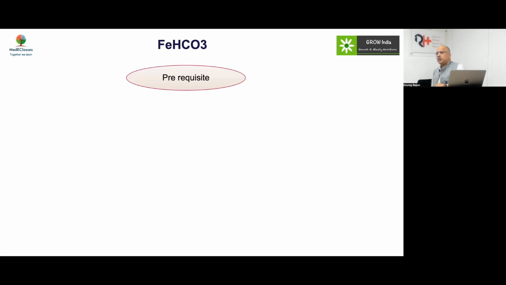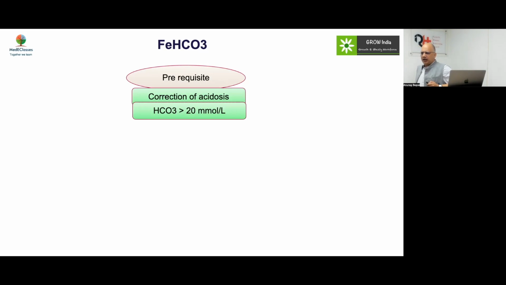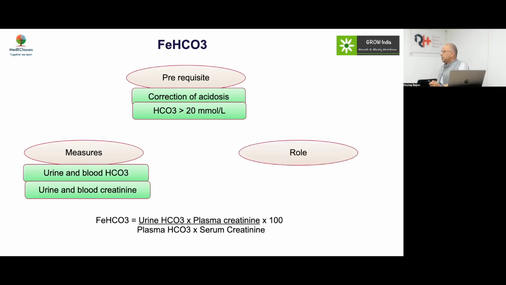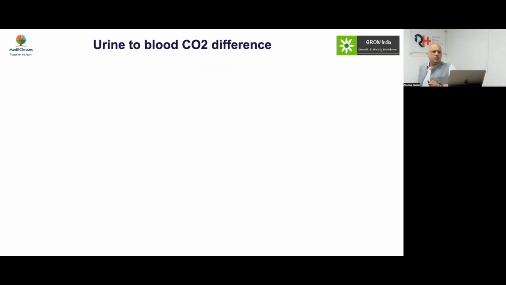Fractionation of bicarbonate should be measured only when you have a reasonable amount of bicarb. If your bicarb is 13 or 14, your FE bicarb will be low and you will say this doesn't fit like proximal, this looks like a distal RTA. But you should ideally do it once your bicarb is around 20 or above. And then of course you use the fractional excretion of bicarbonate, which is basically urinary bicarb upon serum bicarbonate into plasma creatinine upon urinary creatinine into 100. So this is how you will measure in that regard to distinguish proximal and distal. So levels are usually less than 10% in distal and more than 10% in proximal.